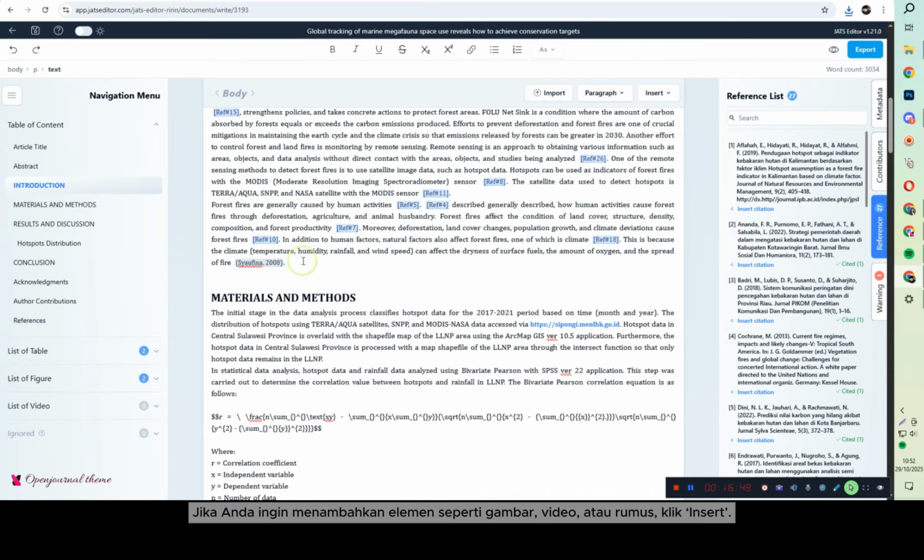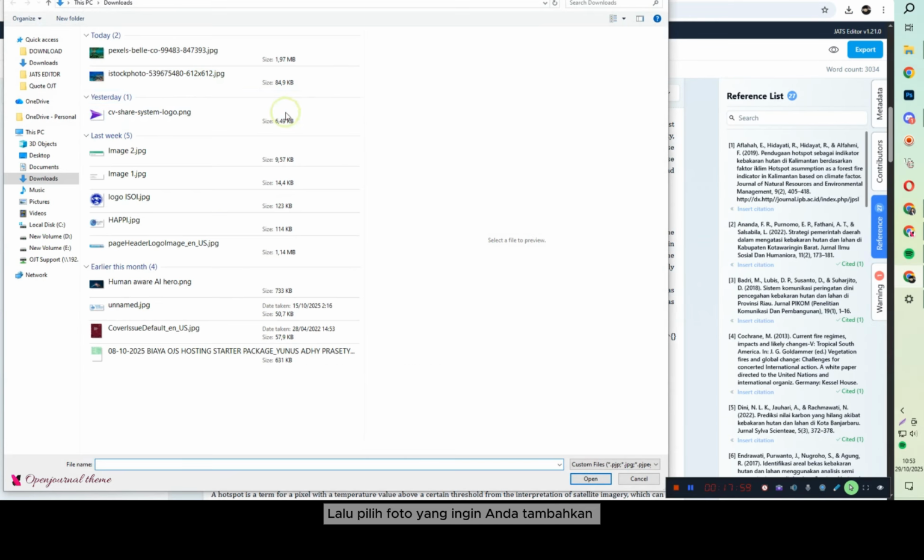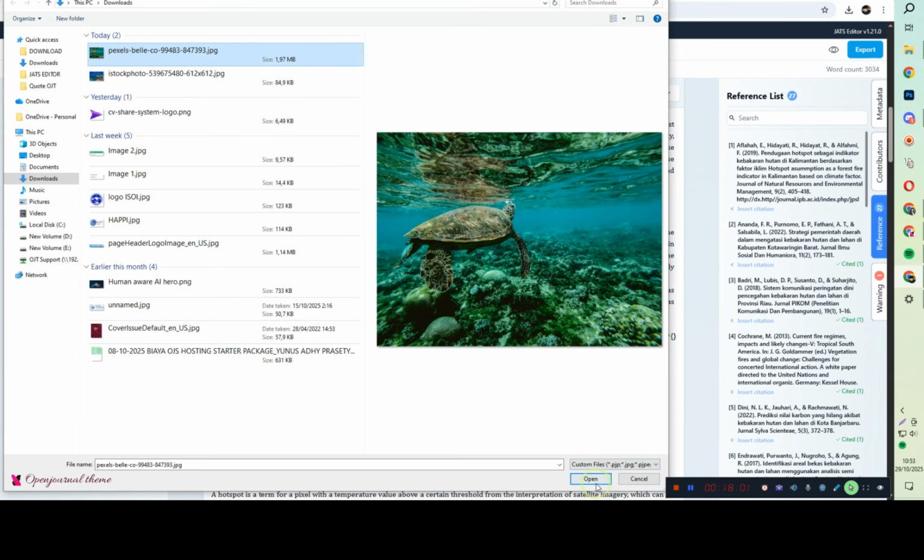If you want to add things like images, videos, or formulas, click Insert. For example, to add an image, click Insert, choose Figure, and select the photo you want to include.